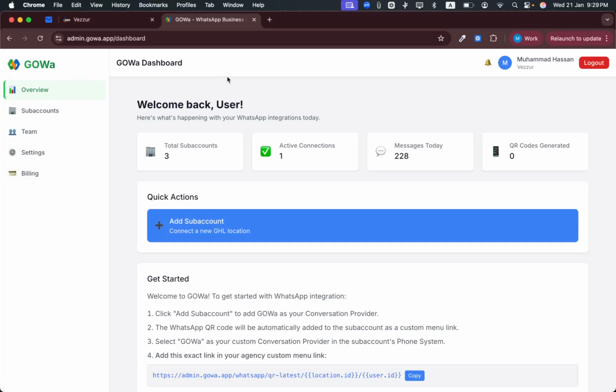First is Overview. Overview will give you all the total sub accounts that are connected right now from HighLevel, and then it gives you active connections, the sub accounts that have WhatsApp connected shows here, and then we have total messages that have been sent, and then we have QR codes that have been generated. So